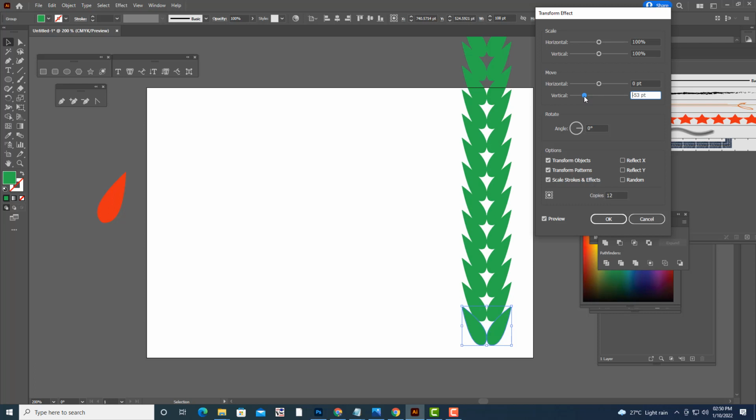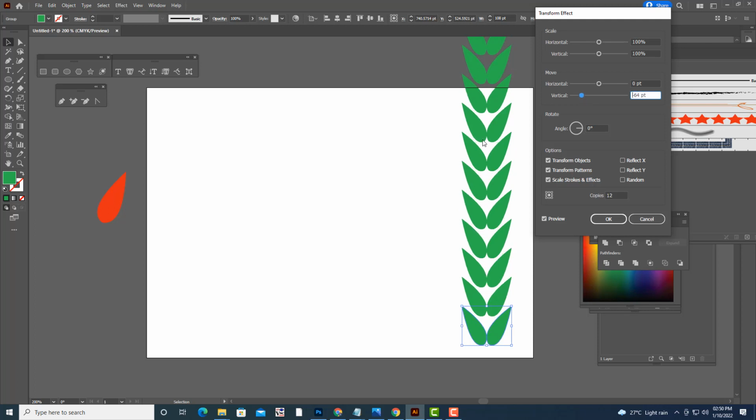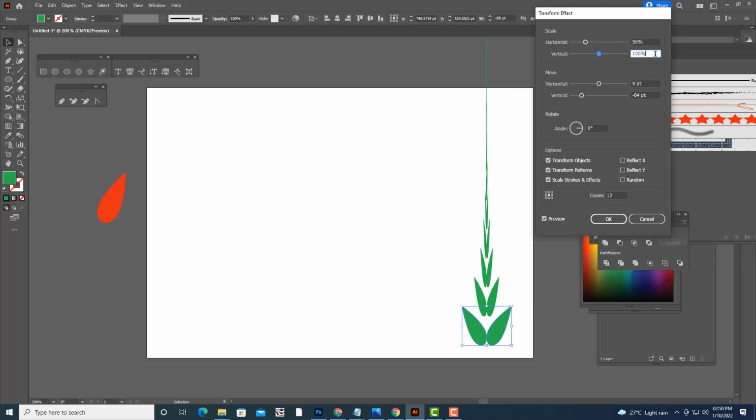See, we are able to create some spacing. And here we have an option scale, so we will put some value here. Let us say I will put the value of 50 here, 50 in the horizontal and 50 in the vertical.